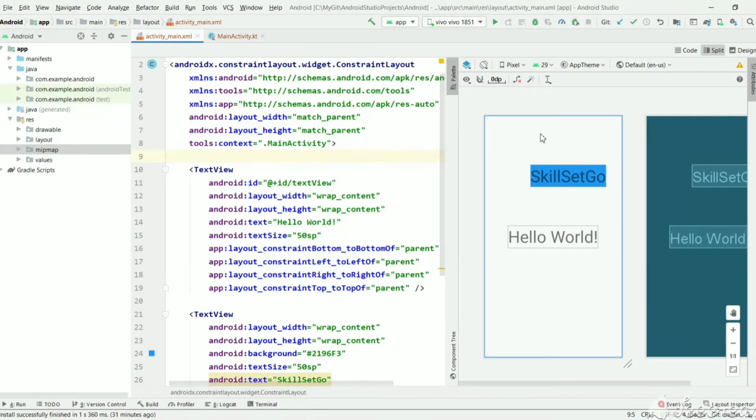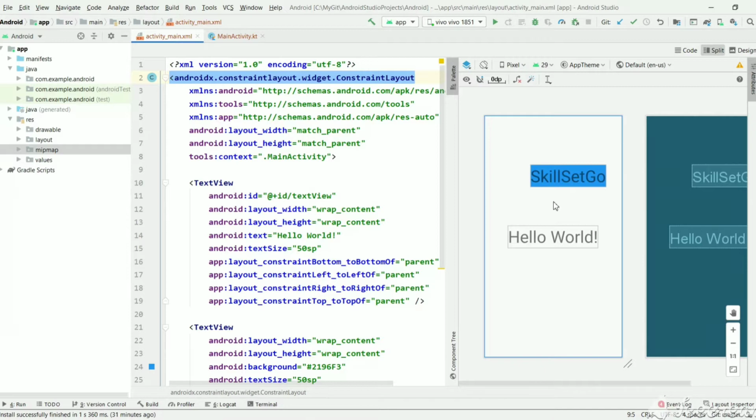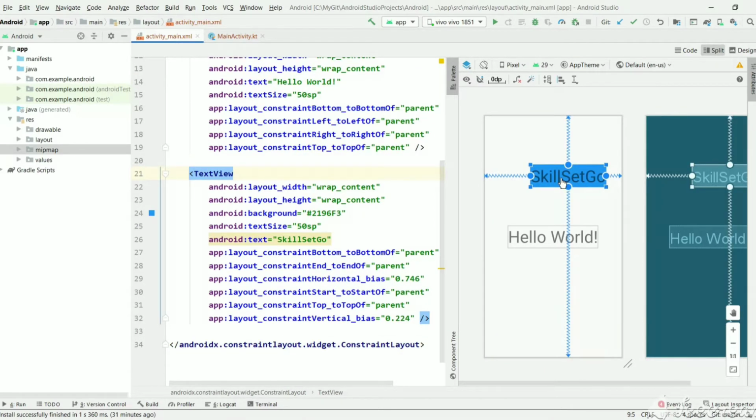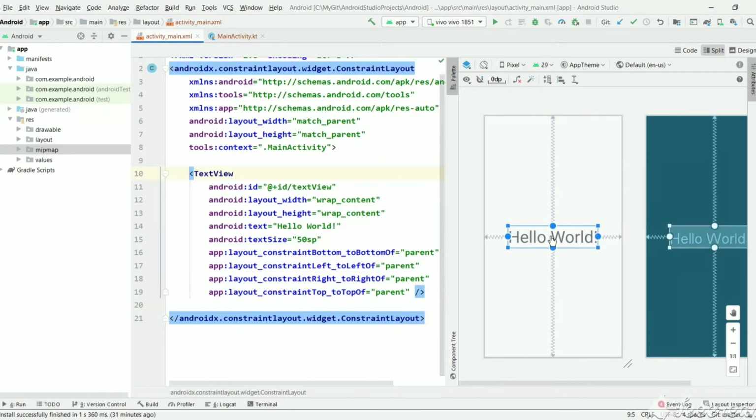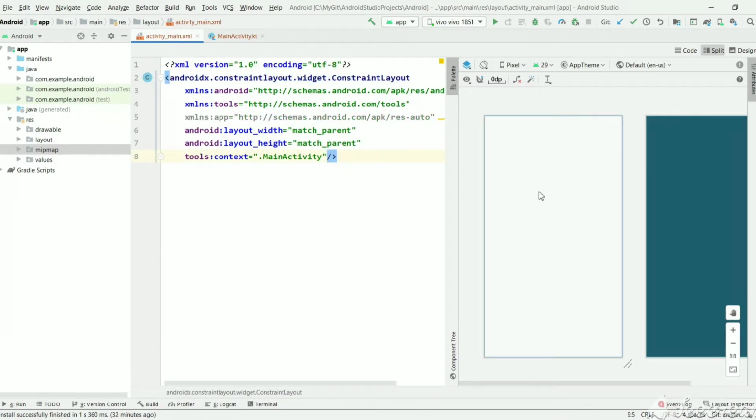So here in the screen we have two text views. So we no longer need these. Just select and delete them. So now if you can see, our activity is a blank activity. But in order to develop the addition of two numbers app, we need edit texts which will take two numbers, and we need to have a button. So on click of that button, we need to see a result.